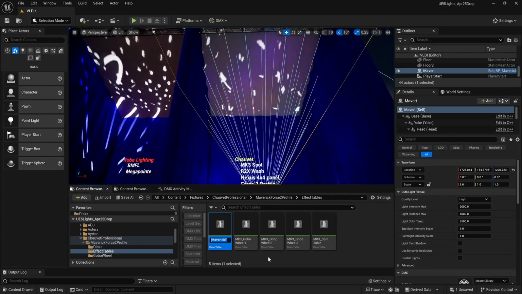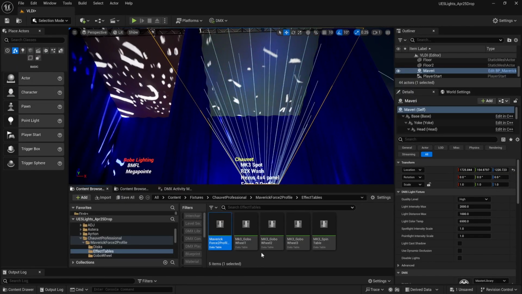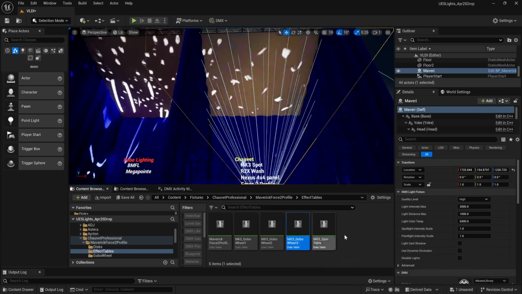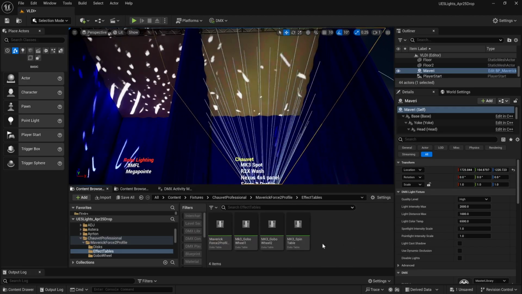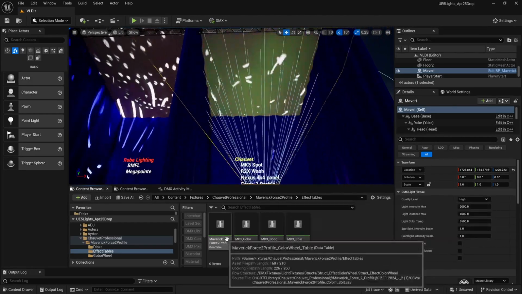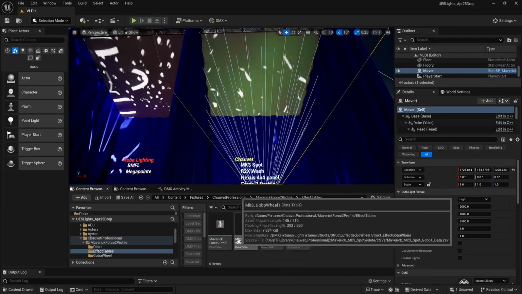And then what I would do is copy this name to your clipboard so you can easier pop it in. We're not using the Force 2 only has 2 gobo wheels, so we can delete one of these. And then for our gobo wheel 1,